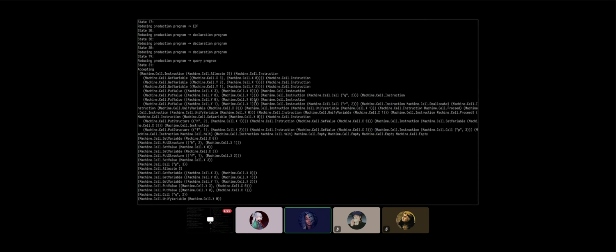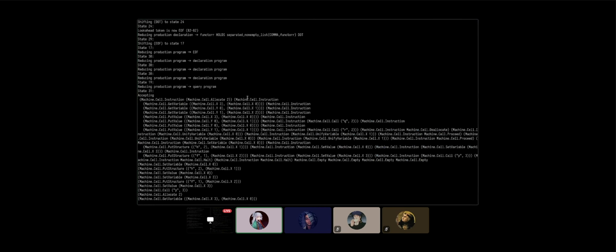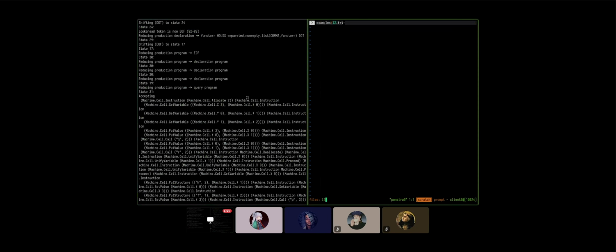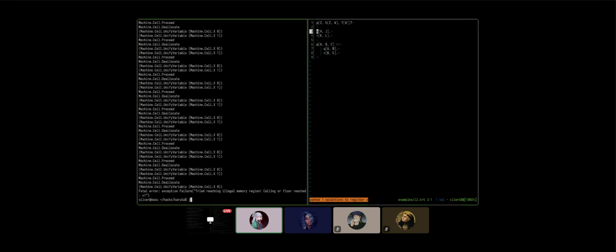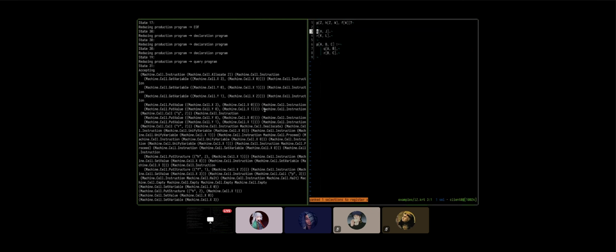Here's the problem. I don't remember what the correct code was. Okay, so what are we supposed to do? We have ABC. B and C are both used twice, so allocate 2 is correct. Yes. Then get variable x3, x0.